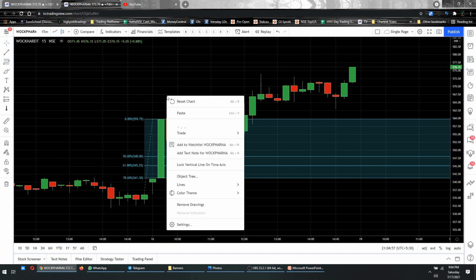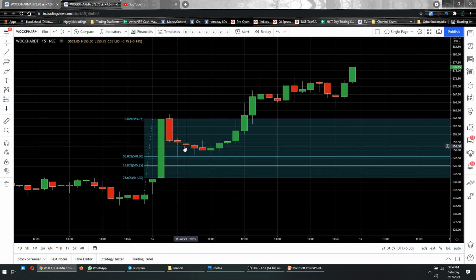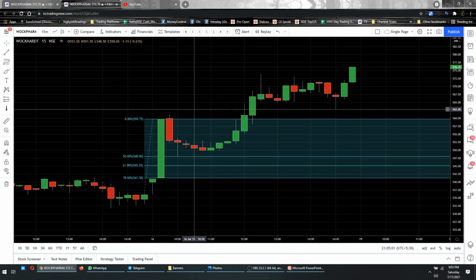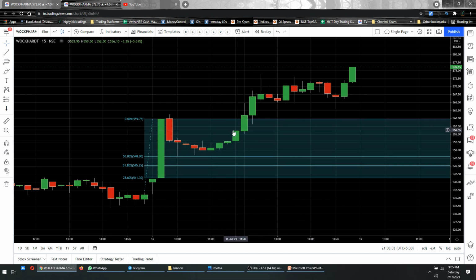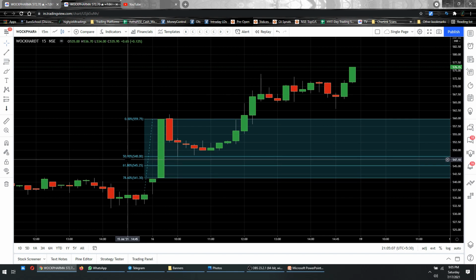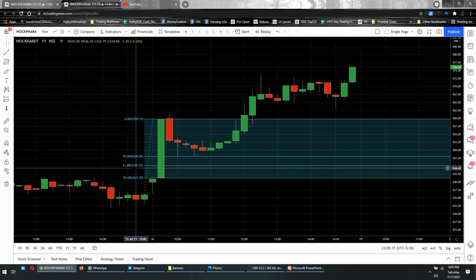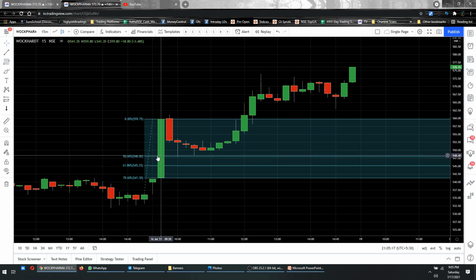Okay, and this gives you the retracement levels you see here, right? So what do you know by these numbers? You see these numbers, right? 50% retracement, 61.8% retracement, 78.6% retracement. So these are the retracement levels, which tells you that Wockhardt Pharma can fall down till 50% and